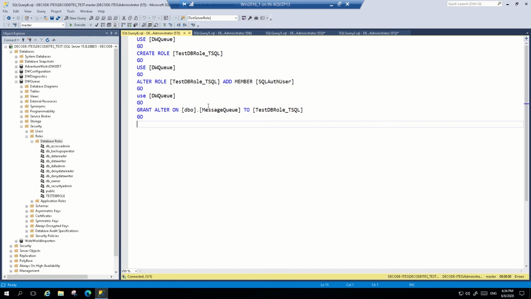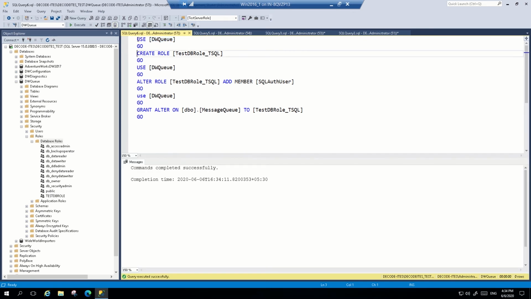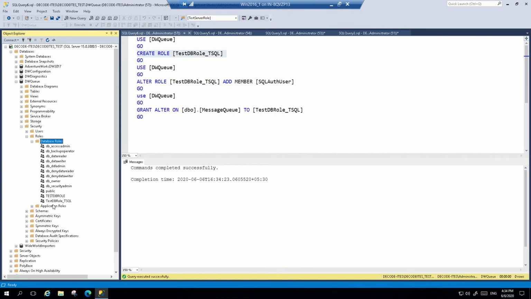You can also create database roles using T-SQL. To create a database role using T-SQL, you can use this command. USE database name, CREATE ROLE, and mention the role name: CREATE ROLE TestDBRole_TSQL. It will create the role. You can verify it from here. You can see TestDBRole_TSQL is created. Now you can add a member to this role and you can grant permissions to this role.